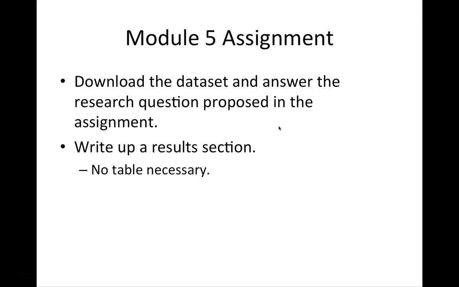So you'll download that data set, look at the assignment, and answer the research question using either an independent or a dependent samples t-test. You'll have to make that decision. And you'll write up a results section. There's no table necessary for this one. You can do everything in text, but this needs to be in APA format. You'll need to report the numbers in APA format and write up a results section, making sure that you're interpreting the analysis, that you're justifying that analysis. So tell me what you're choosing, tell me why you chose that, run the statistic, report on that, and then interpret that. And there's a grading rubric in the assignment as well,